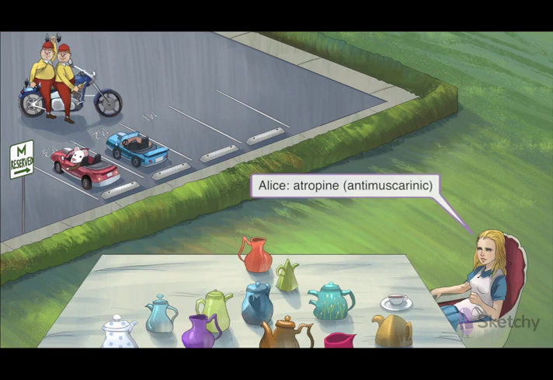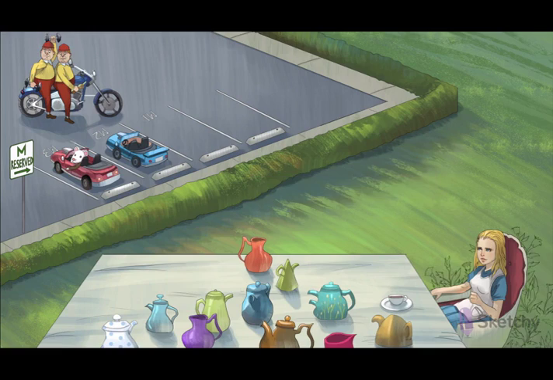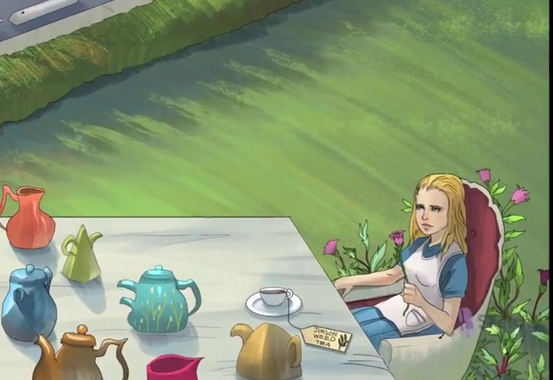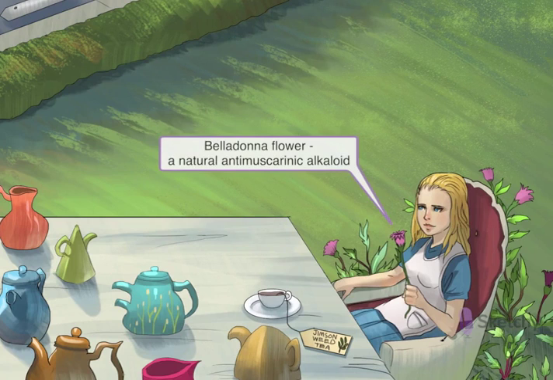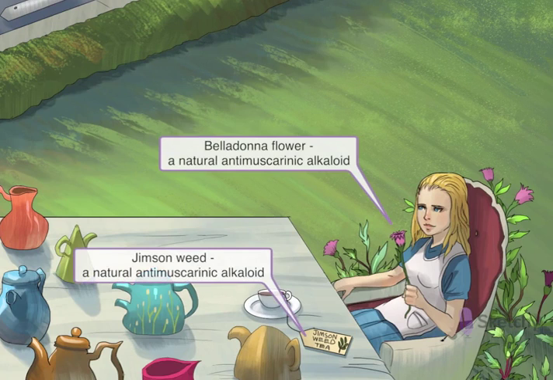Antimuscarinic alkaloids have been used for millennia as medicines, poisons, even cosmetics. Atropine is the prototype of these drugs. Atropine and related alkaloids are found in the plant Atropa belladonna, or deadly nightshade, and in Datura stramonium, also known as Jimson weed. Though mostly of historical interest, we sketched in these natural sources of antimuscarinic alkaloids to remind you that they may still be clinically relevant from time to time.